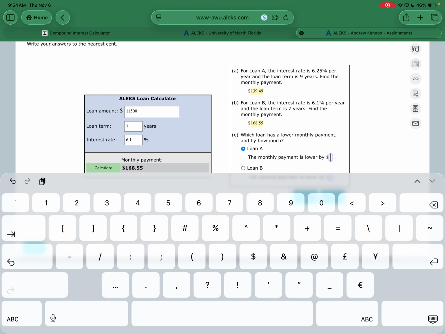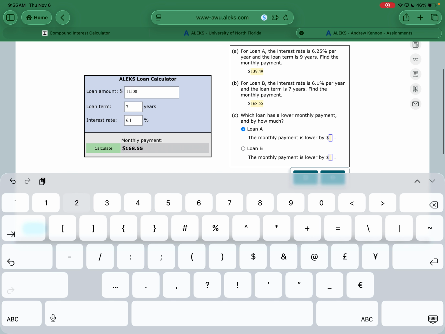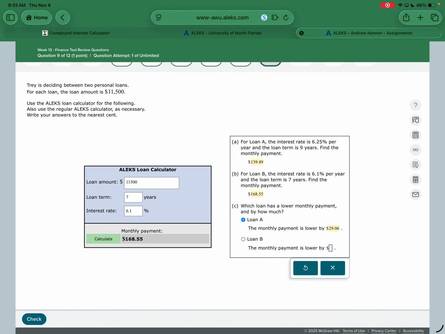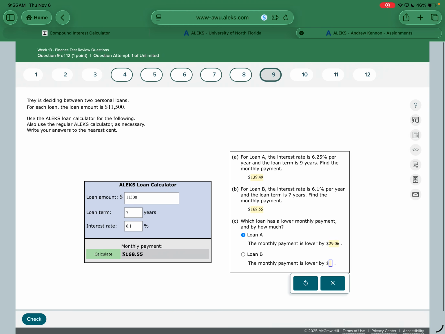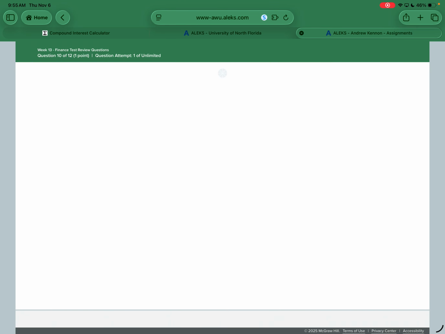Okay. And what you have to do is subtract these. 29.06. So you have to decide in your real life, is it worth having a loan that is 2 years longer? Is that $30 a month worth having a loan that's 2 years longer, which means a bunch more interest and different things like that? So that one, you just find the monthly payment. The next one,